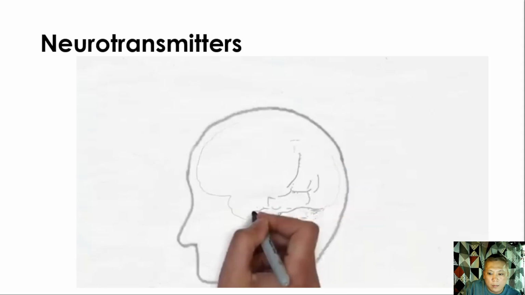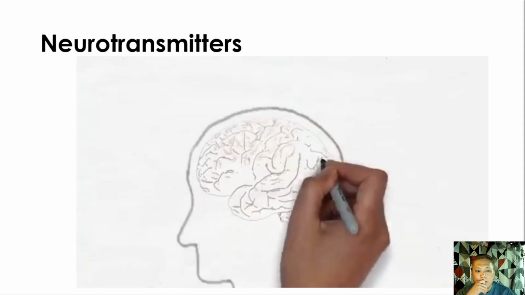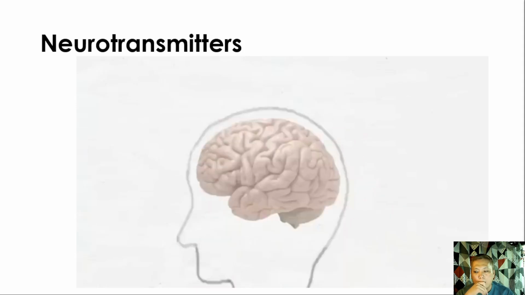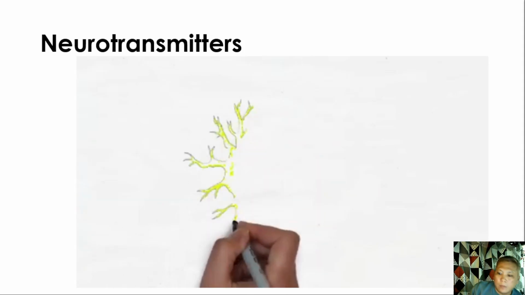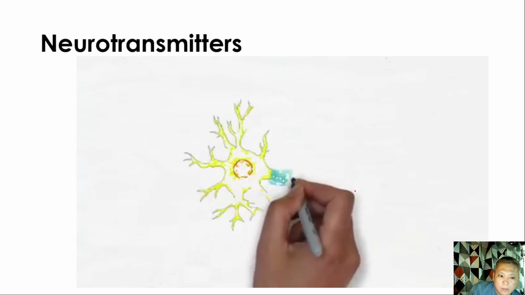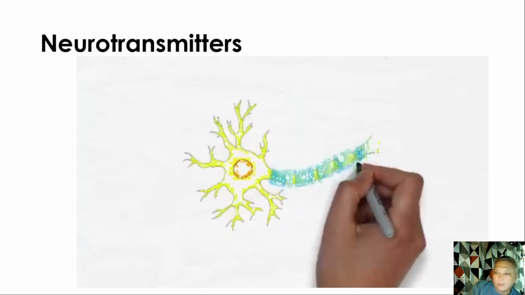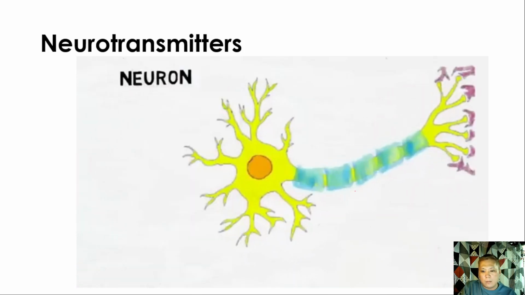This is a brain. Estimates vary, but right now the best guess seems to be that our brains contain around 85 billion neurons. The neuron is a nerve cell, and it's the primary functional unit of the nervous system. This is a generic image of a neuron. Neurons actually come in all shapes and sizes, but this is the prototypical version of a neuron that you'll often see in a textbook.